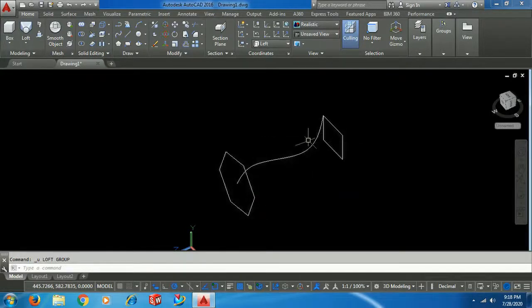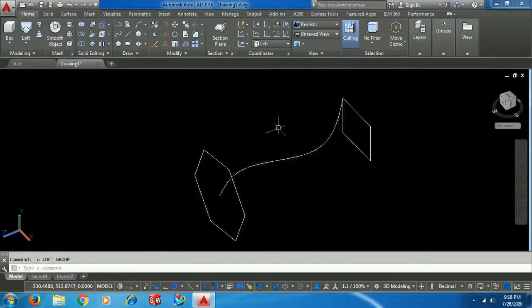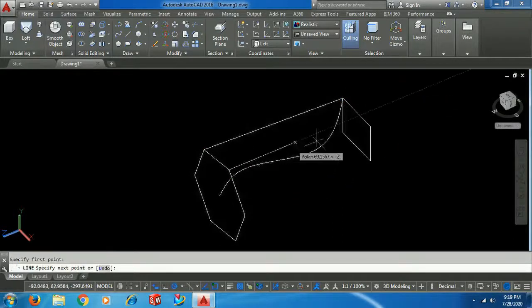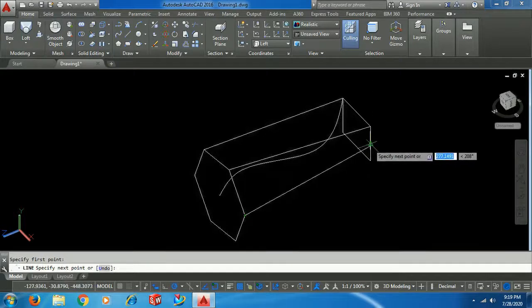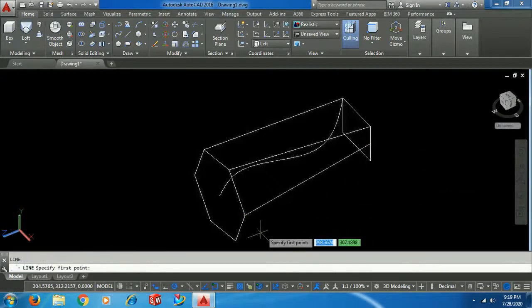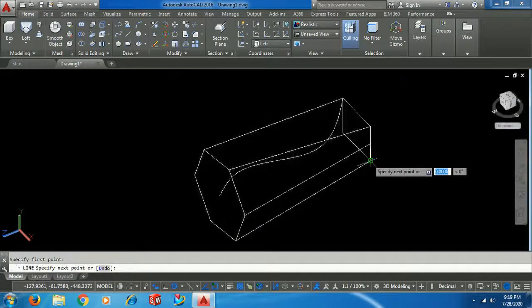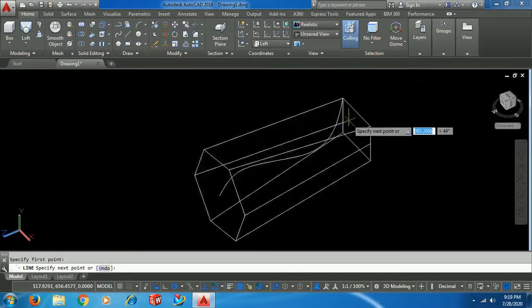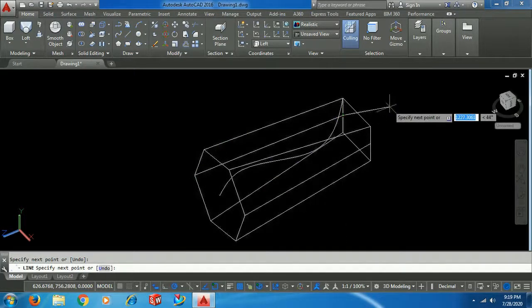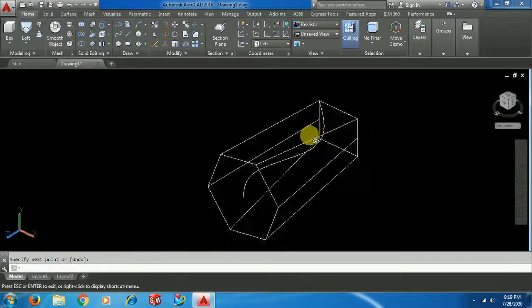For guides, in the same way, you have to connect lines or arcs, connecting to the midpoints. Let me turn and show.